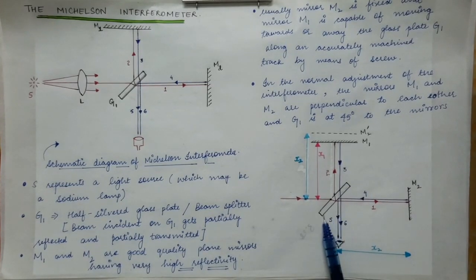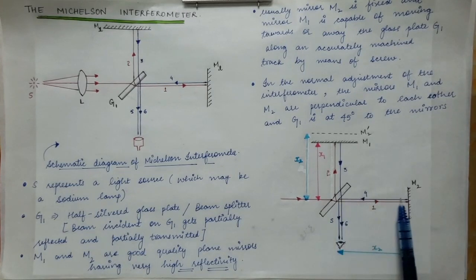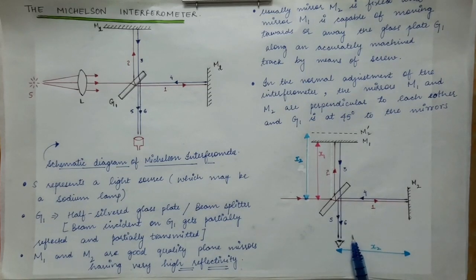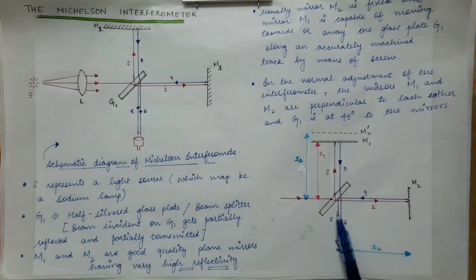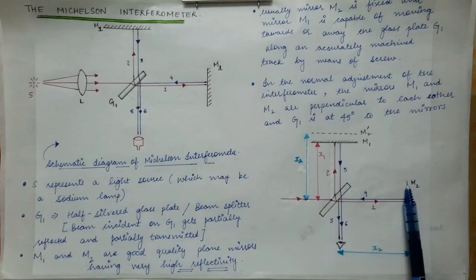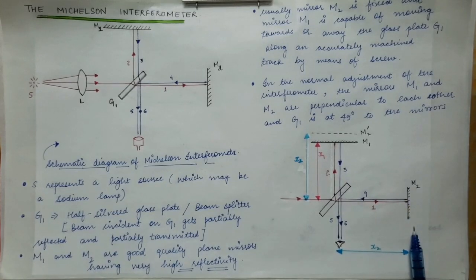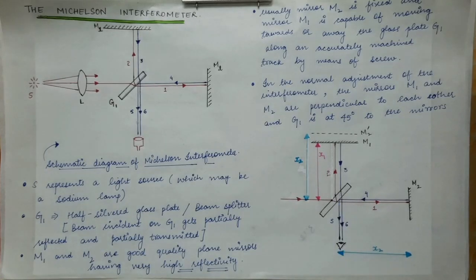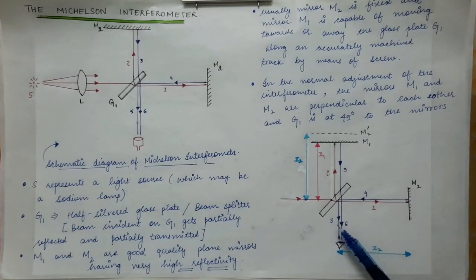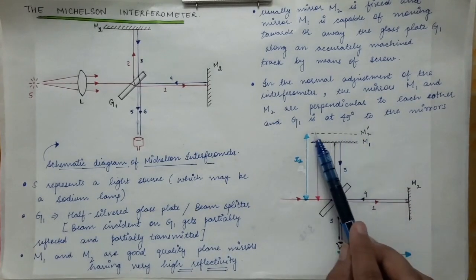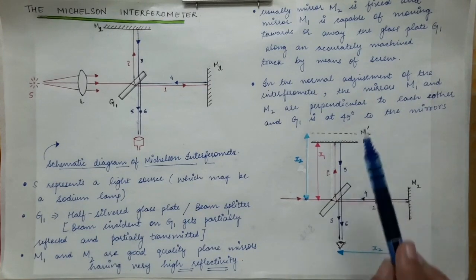But ray 5 is coming from reflection by the mirror M2. To the naked human eye, ray 5 will not appear to be coming from this point. Actually, its origination is from the mirror M2, but to the human eye, ray 5 will appear to be coming from a straight line, obviously because for the naked eye the ray travels in a straight line. So ray 5 will appear to be coming from a point represented by M2 prime.